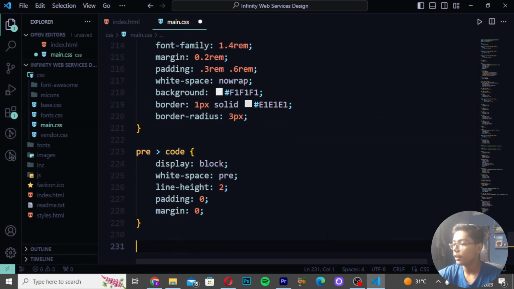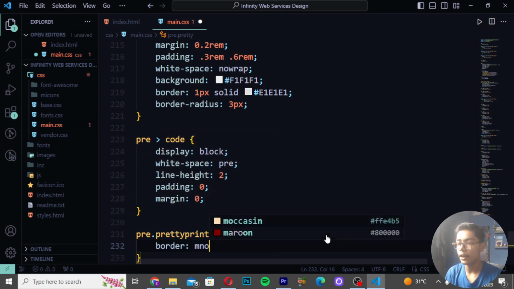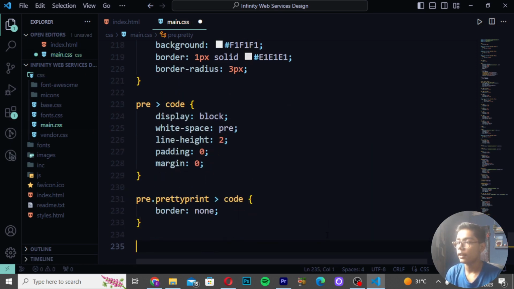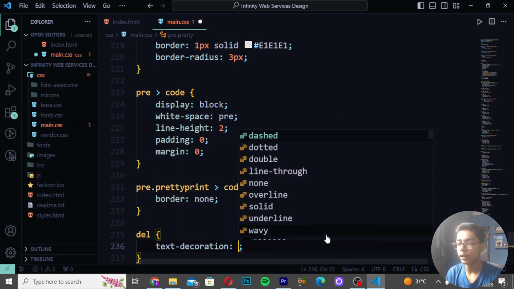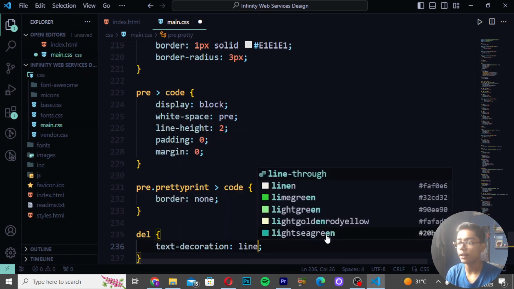Then move down here, and after doing that you have to simply write here pretty print like this and write here code, and then you have to write here border as none. So here I will be writing that. Then you have to write here text decoration none, or you can also write here text decoration line through